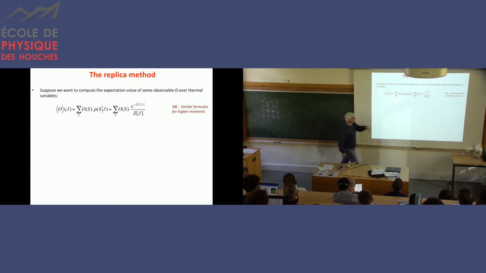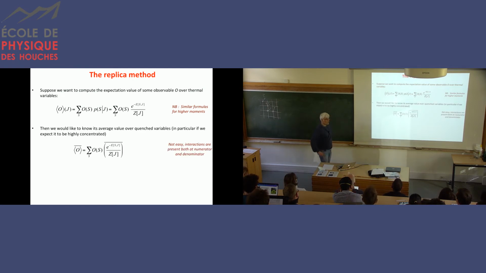Of course, I have similar formulas if I want to compute higher moments. For instance, for the square moment, there should be just a power 2 on the observable. It wouldn't change much. That will in principle depend on my particular realization of the J variables. In some examples, you may want to compute the average over your J matrix. And that is all the more true since some quantities, in the large size limit, and we'll see examples in the next lectures, are highly concentrated.